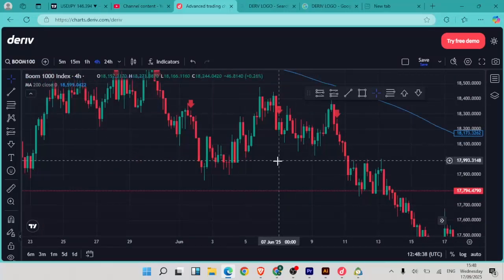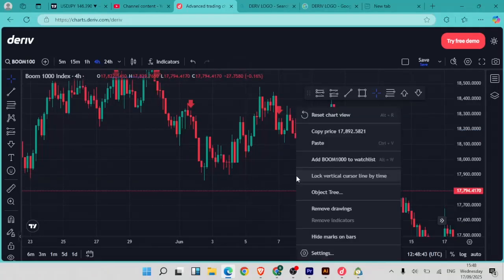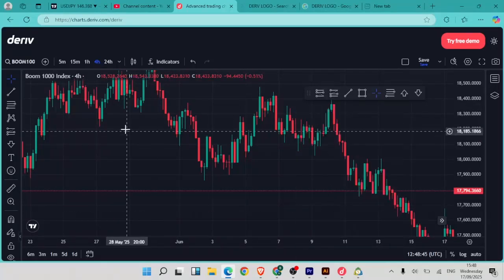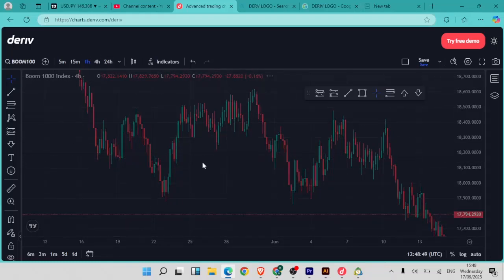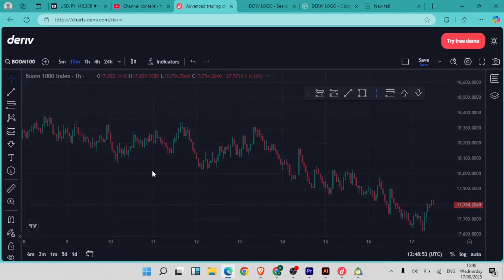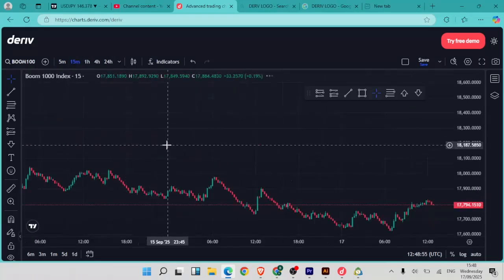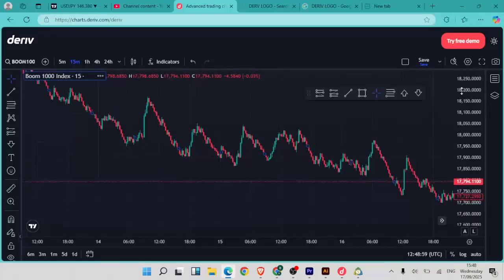These are swing trades you can look at, but you can also go to the lower time frame and try to catch similar trades in the 1-hour time frame as well. And then you can also consider doing the 15-minute time frame. But with the 15-minute time frame, as I said in the previous video, for Boom 1000 you're considering catching spikes,